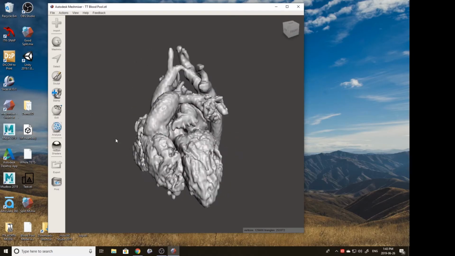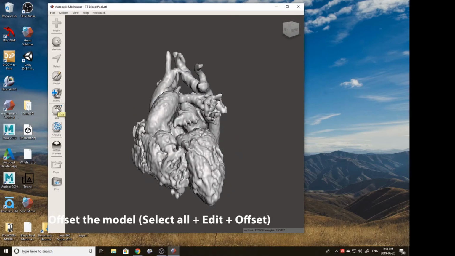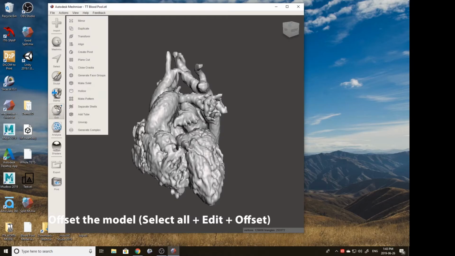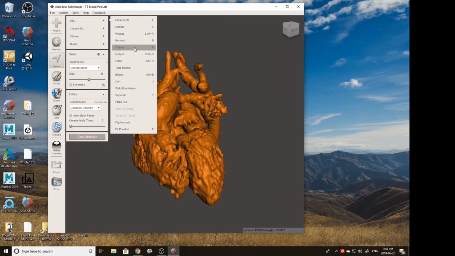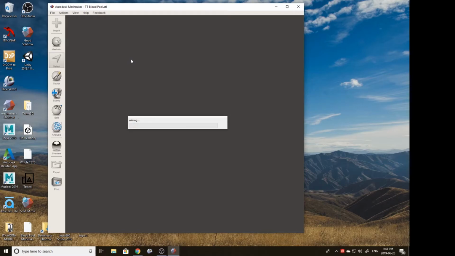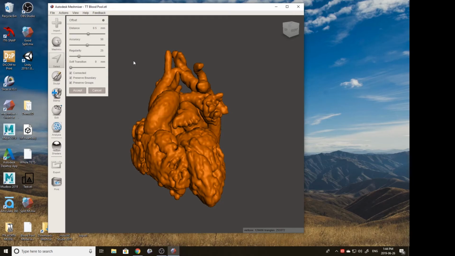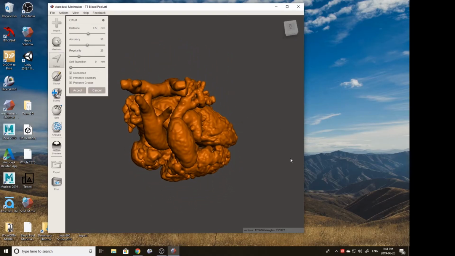Next thing we're going to do is offset the model. So we're going to select all again: clicking on Select, hitting on the model, hitting E for everything, and then going to Edit and Offset. Now this loading can take a while. I sped it up. It can take roughly 5 minutes to load. Here you're going to be able to change your offset. Here we have it offset to 0.5. The more you offset,